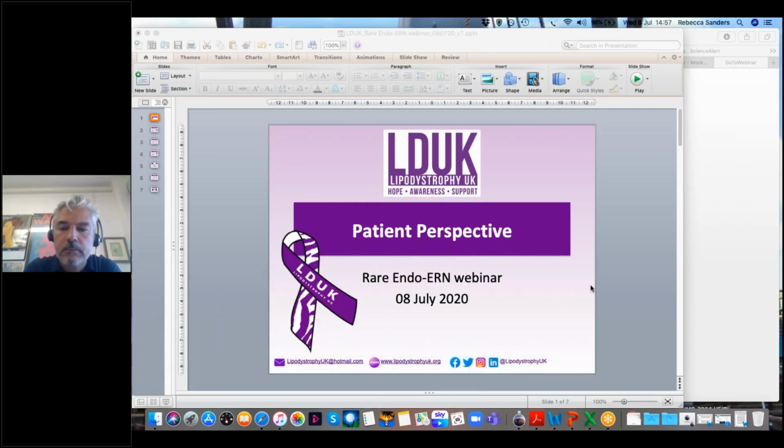Also, in my experience speaking with patients, some patients with partial lipodystrophy may have liposuction to remove the excess fat that's distributed in inappropriate places, but often that will return in time. So actually it isn't really a long-term solution for patients, and having a better understanding of the condition, how the diet will impact your appearance, but also an acceptance of your own body image and having confidence in your own body is actually the key, I think, rather than trying to change who we are. We are who we are, we look the way we look, and there's nothing wrong with that.